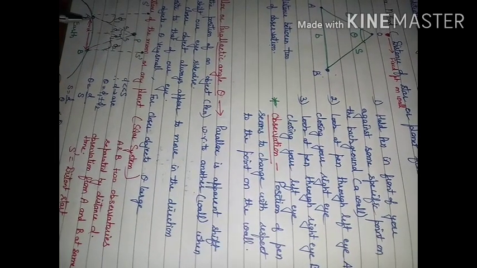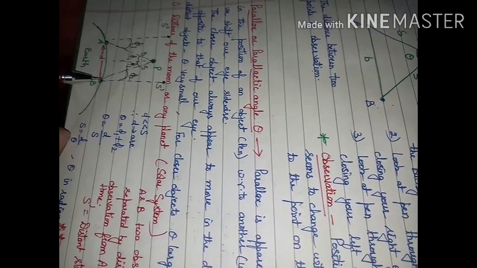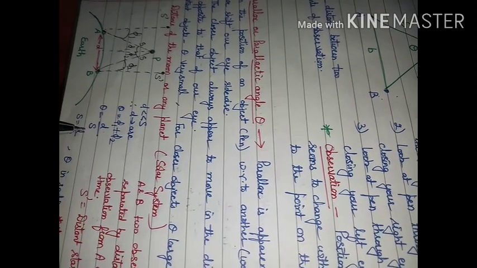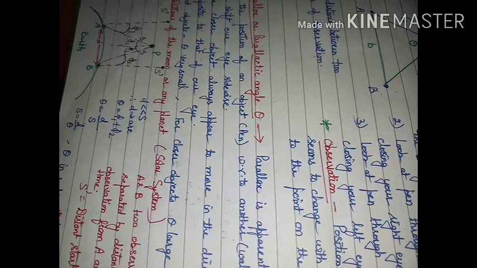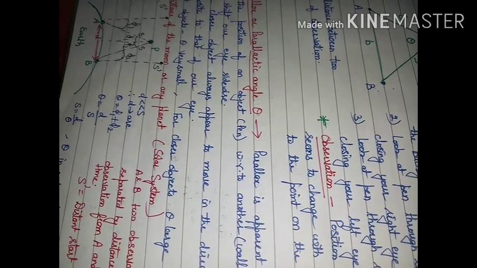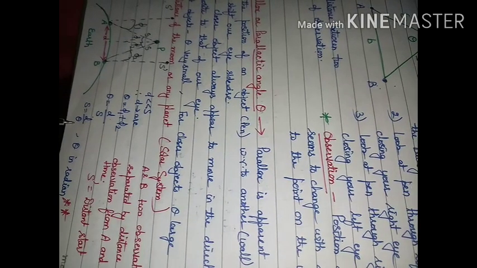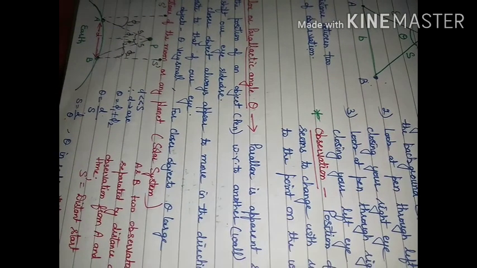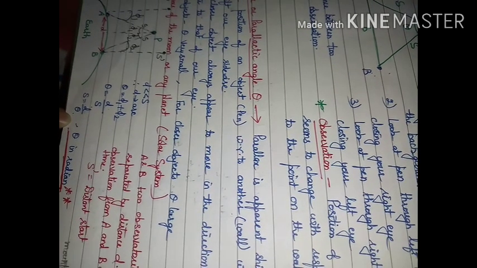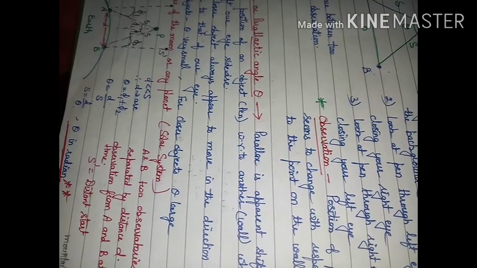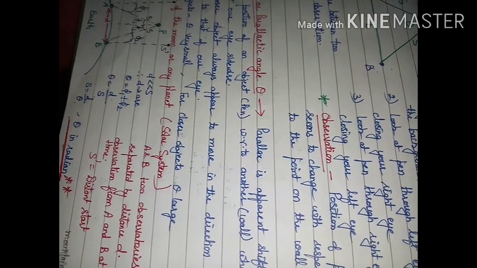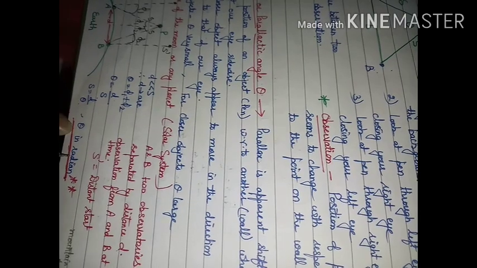Then this can work like an arc of a circle, and we have the relation theta is equal to length of arc divided by radius. So this will become theta is equal to d divided by s, and s will be equal to d upon theta. The point to focus on is that theta we are going to measure in radian. So when you solve numericals, you will consider theta to be in radian. It can be given in seconds or minutes or in degrees. You will convert it into radian.